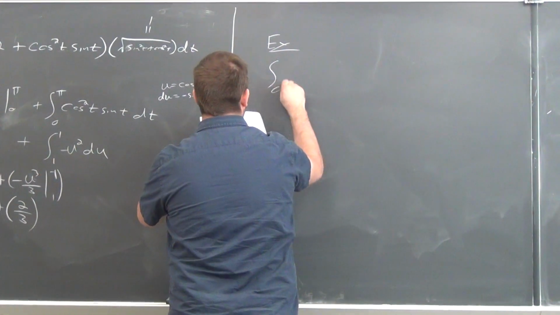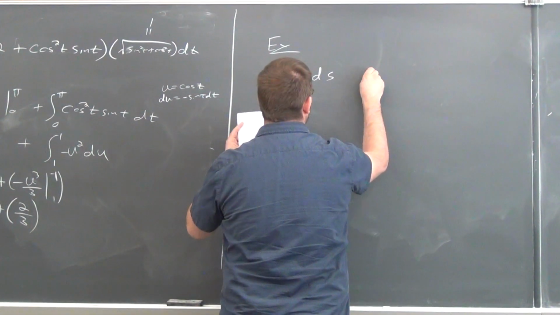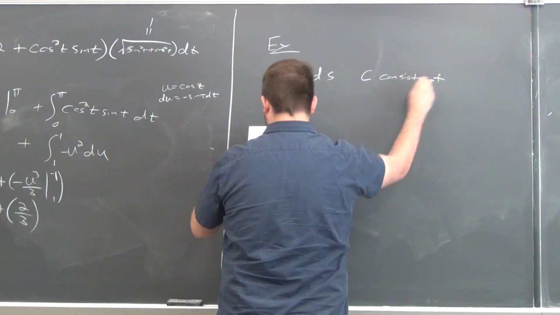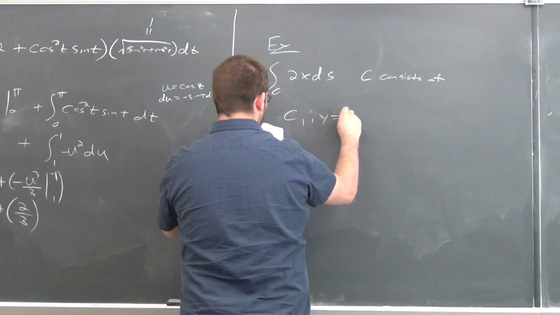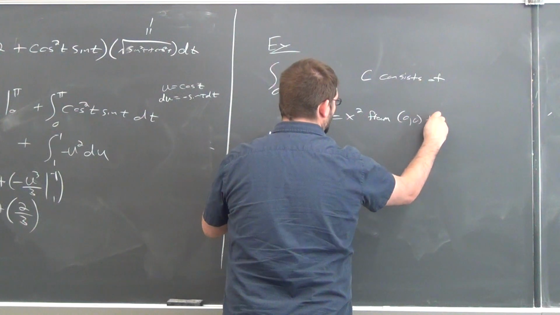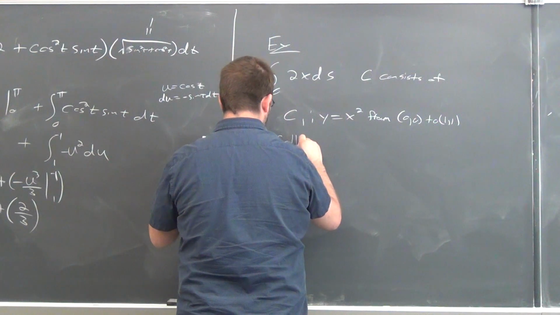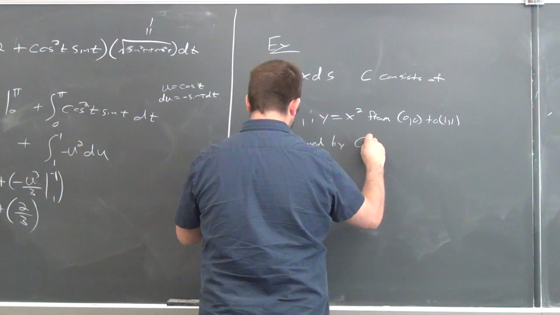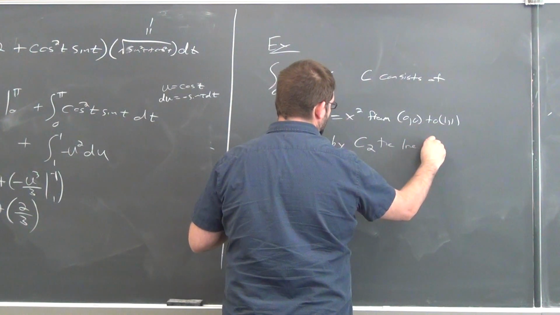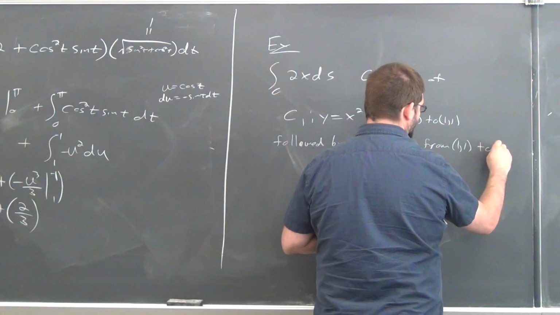So find the integral over C of 2x ds, where C consists of C1, which is y equals x squared from (0, 0) to (1, 1), followed by C2, which is the line from (1, 1) to